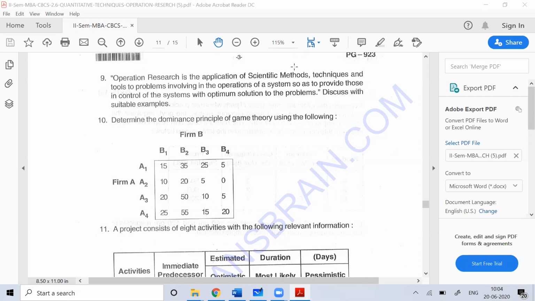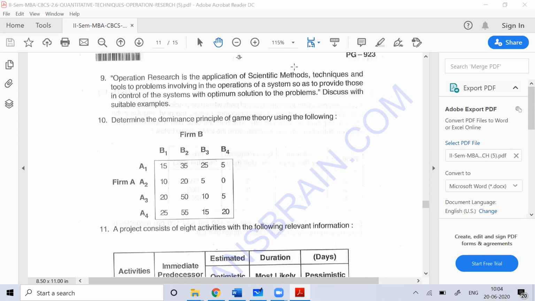Theory notes, I believe, day before yesterday, I sent you a Word document having the theory content for game theory in the group. I believe you would have seen this and saved it in your system, because in the exam you're not going to remember all that. So do it now, guys.